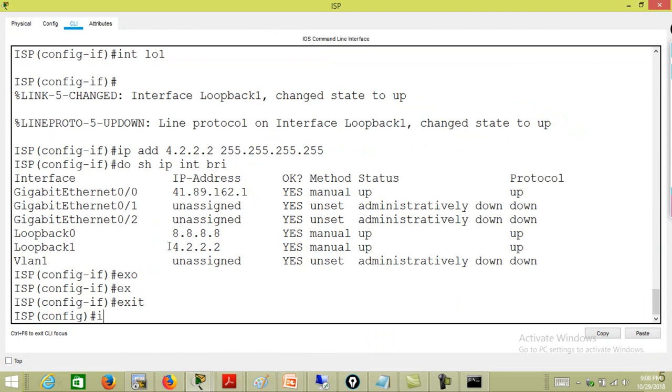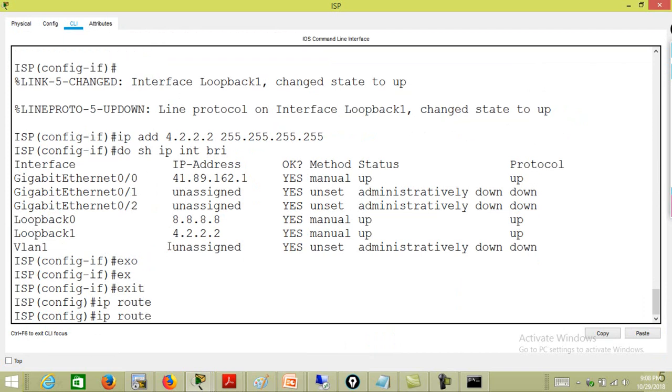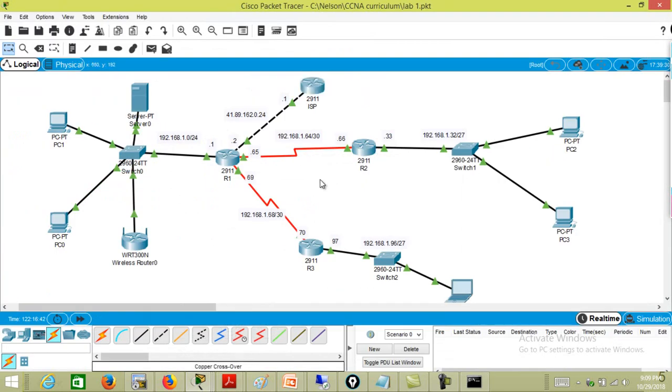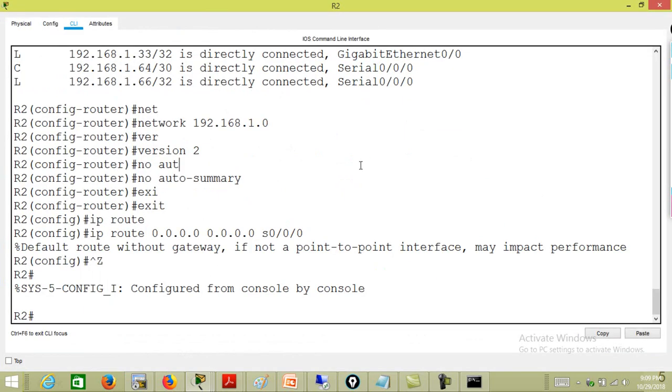They don't do that, but just so that we can demonstrate, we do IP route all zeros, then I think I still have my network in the buffer, and that's .2. We hit enter. So I was going through all that trouble to demonstrate that when I do IP route with an exit interface that is a serial